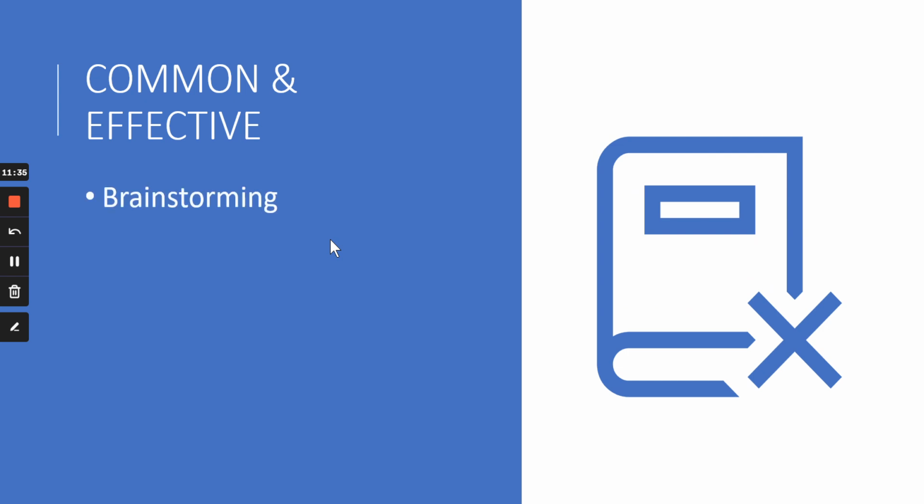brainstorming. Okay, this is the most common and effective as well. Then idea web, and third, direct method, or some people call it informal method. Okay, so brainstorming, idea web, and third, direct method or informal method. So you can follow any of these. After you finish this chapter, you can take a call which one will work best for you.